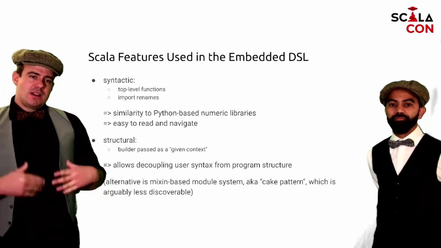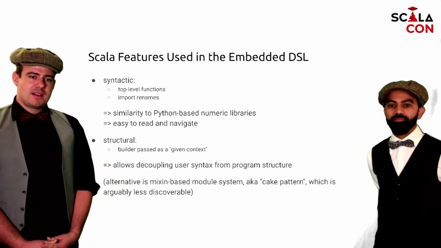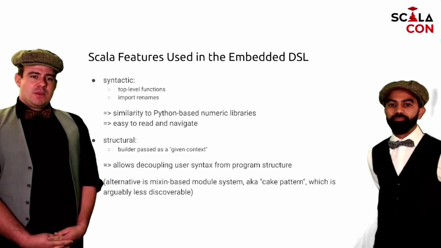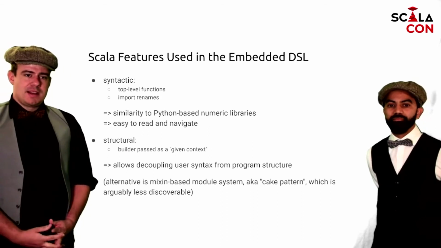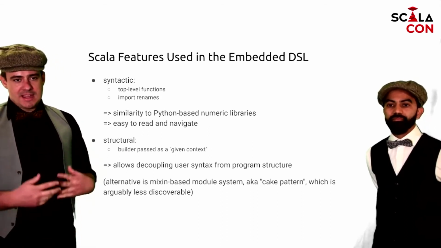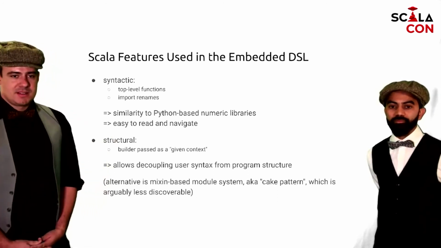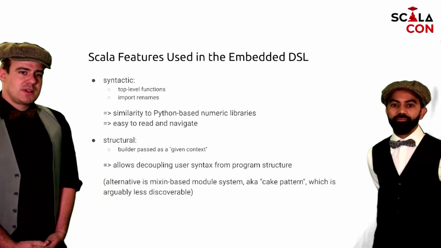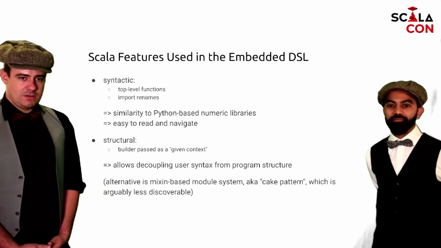Now, if we implemented everything directly in this very direct manner, unfortunately, we would miss out on a lot of features, and the gains we get in having something linear, we as the developers of the library would probably need to pay in code duplication or in just limited use of abstractions. So this is where the second feature comes in that we've used. And this is what we could say is the structural feature.